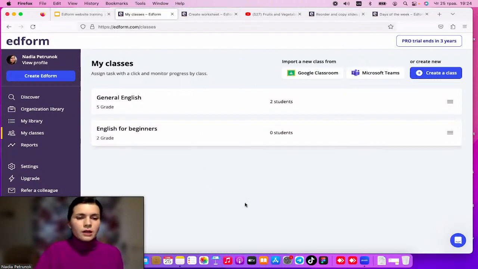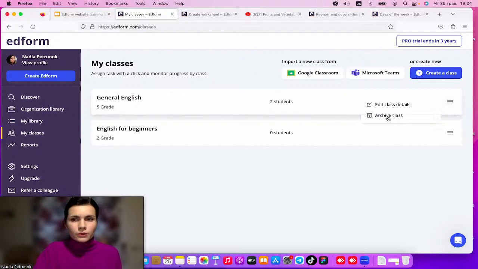So you might either delete this class or just make this class not visible here, and you might just archive this with this button